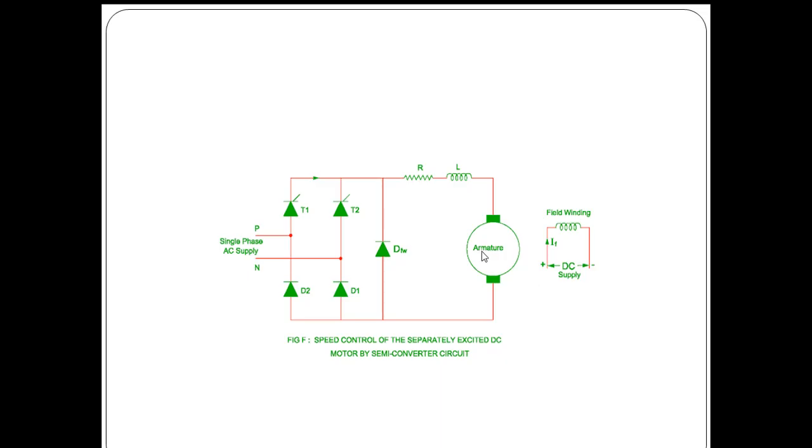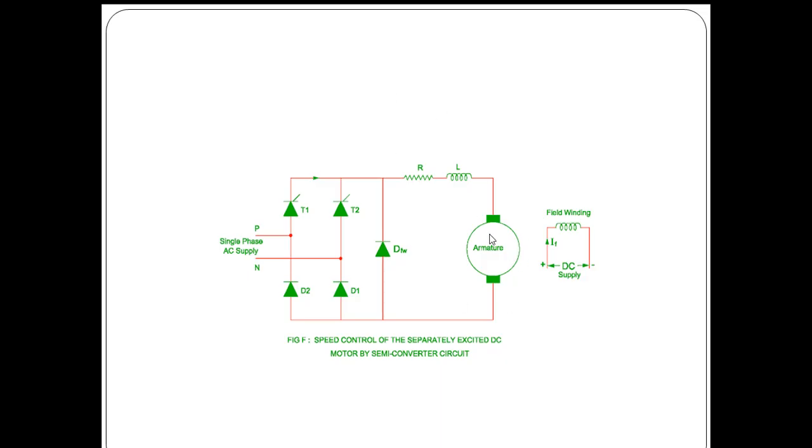across the motor. During negative half cycle, as we know, thyristor T2 and D2 will be forward biased and current will be going through thyristor T2, through the motor armature and diode D2, and going back to supply. And this path will be activated when the thyristor T2 is triggered. Okay, so depending on the switching instant of thyristor T2, the output voltage will appear across the motor during negative half cycle.